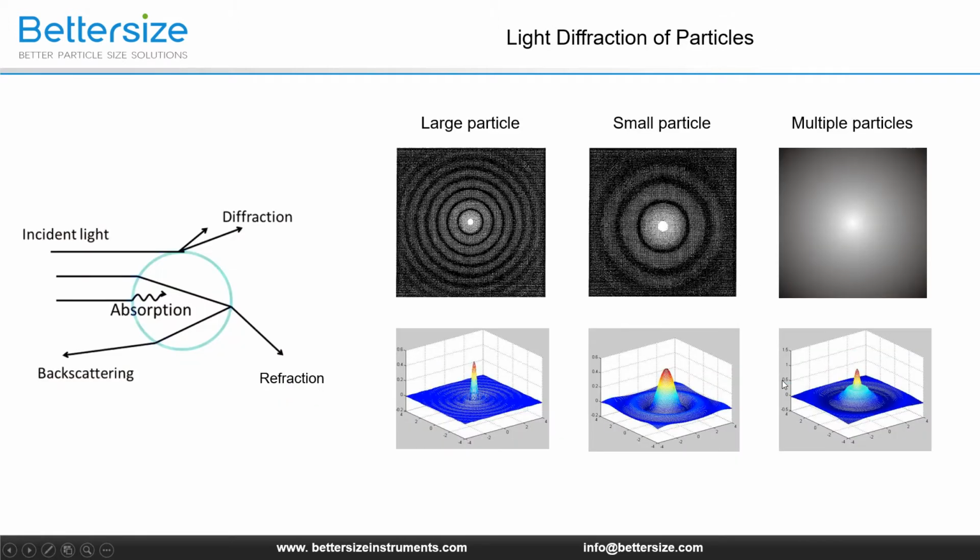With laser diffraction, as we know, laser is coherent and almost monochromatic. In other words, it consists of light of one wavelength. If it hits a particle, then depending on the size of this particle, different physical effects occur, including diffraction, refraction, scattering, and so on. So laser diffraction is a method based on the deflection of light at particles. These are the diffraction images at different particles in two-dimensional and three-dimensional view.